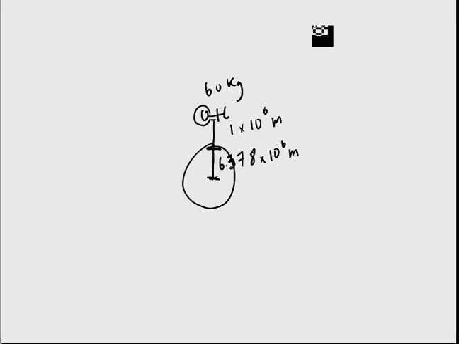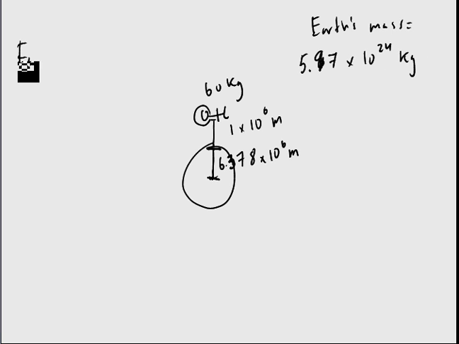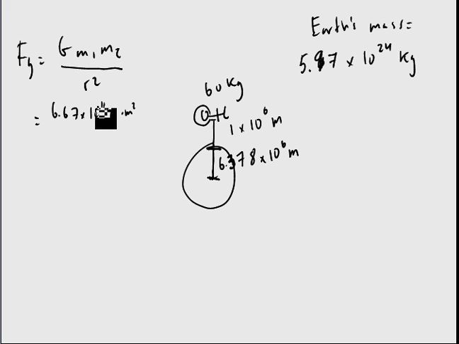Remember that the earth's mass is 5.97 times 10 to the 24 kilograms. So let's set this up the normal way. So force of gravity is G m1 m2 over r squared. If I plug in my values for if I were on the surface of the earth,